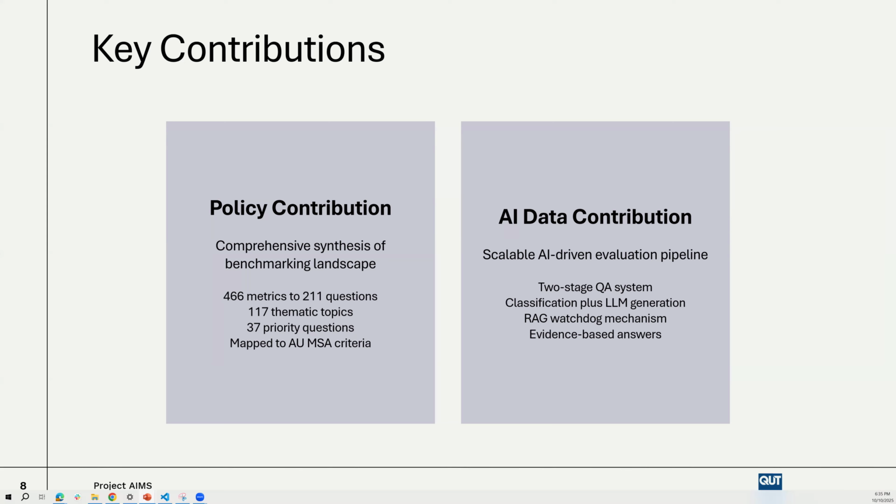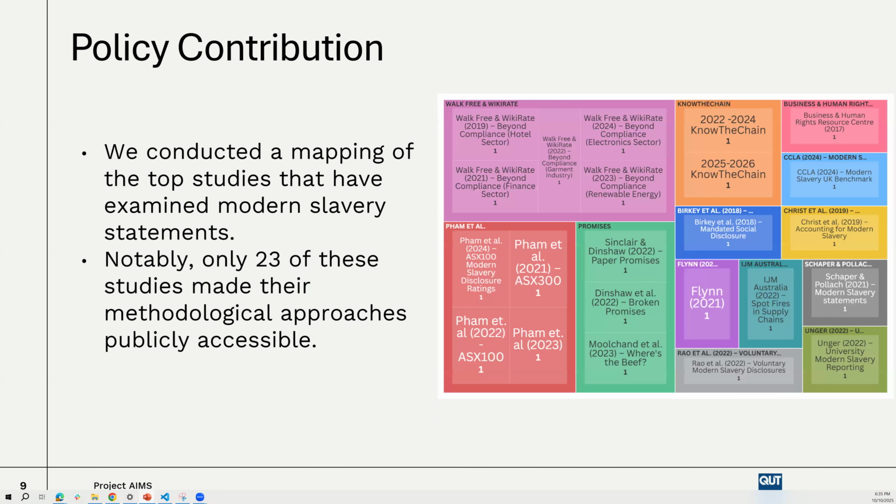And on the other hand, we have the AI and data contributions by bringing in some of the methods that we developed in fine-tuning AI models to assess modern slavery statements, and to be able to do it now not only at compliance level, but at quality level based on those benchmarking methodologies. So I will start now by focusing on the policy contribution of this paper and present a little bit more